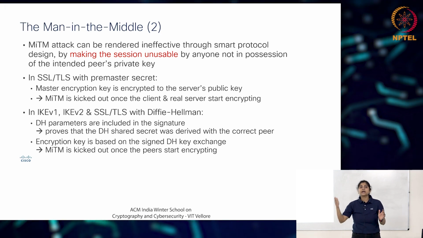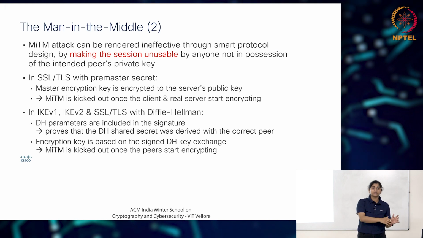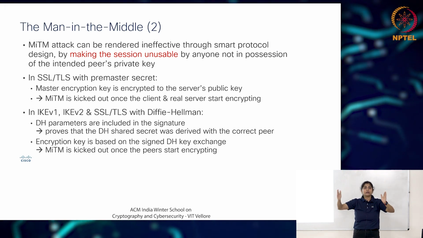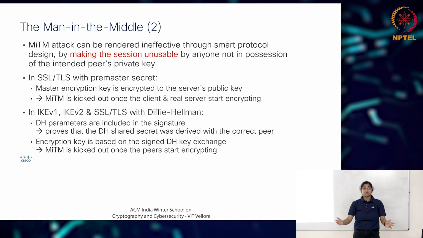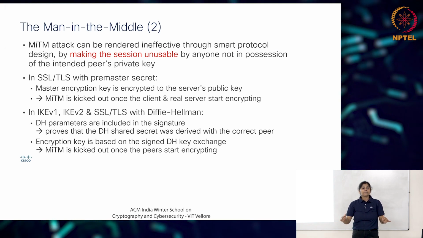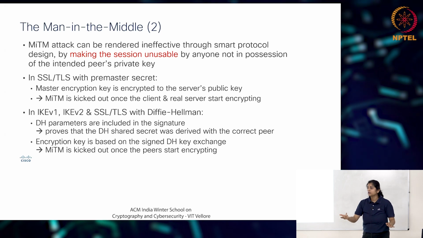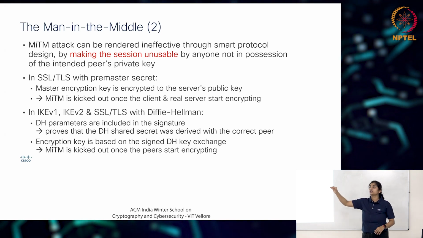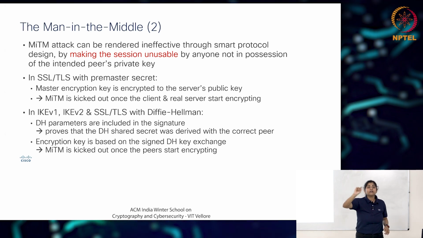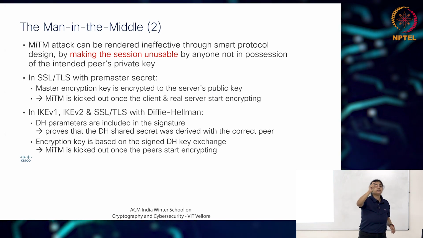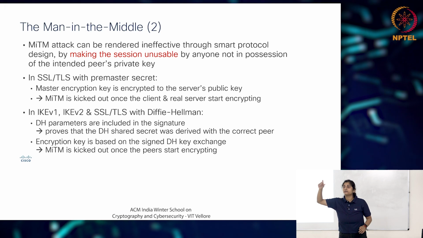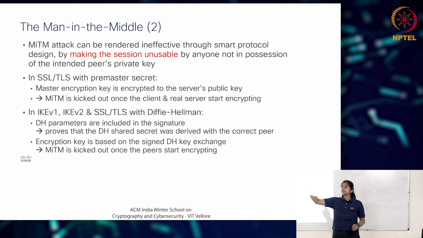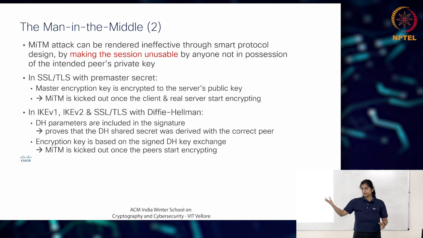But once there is data traffic that travels, remember main mode, quick mode, and then the data traffic. Once the data traffic starts, you will not be able to decrypt that traffic. That is why this asymmetric key exchange is important. Even if the public key is compromised, even if the nonce is on the WAN and visible to everyone, unless and until the private key is compromised, it is of no use.